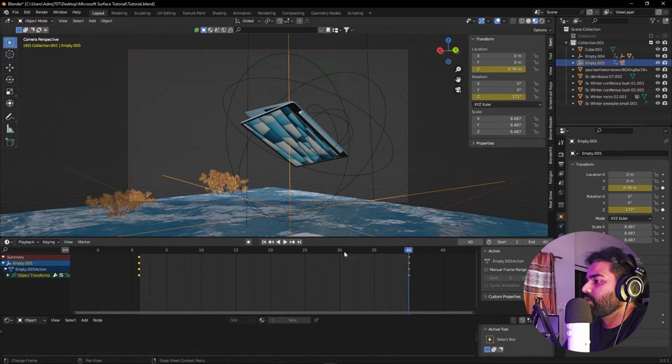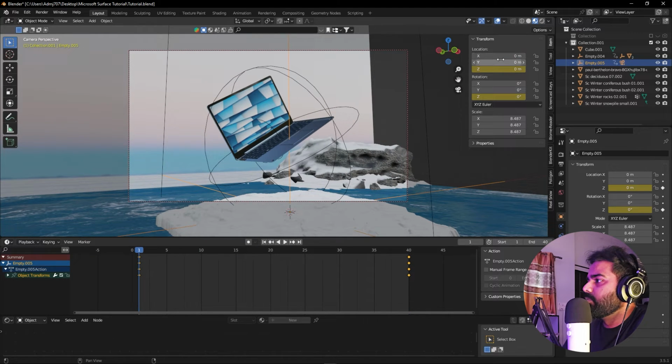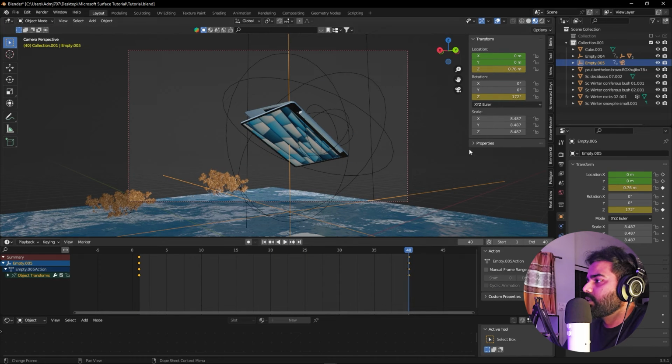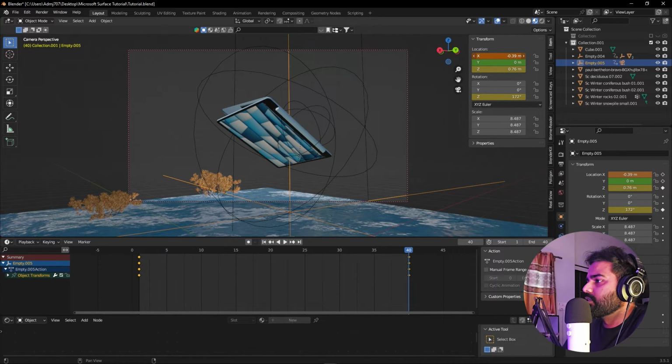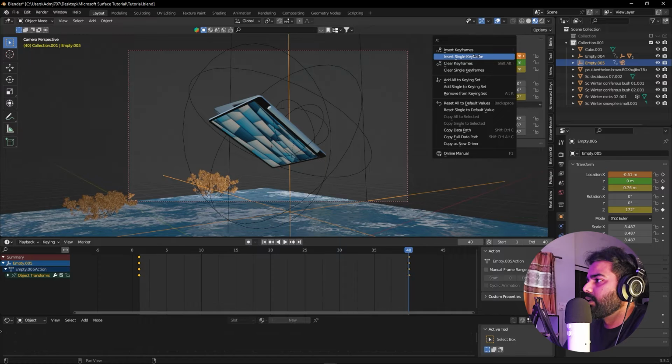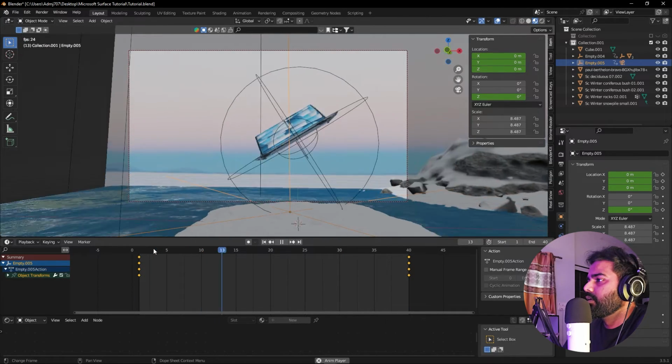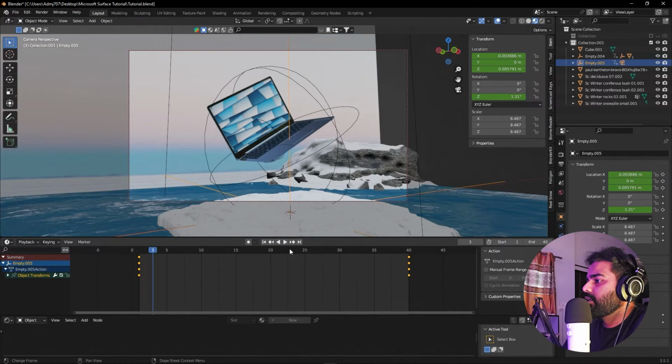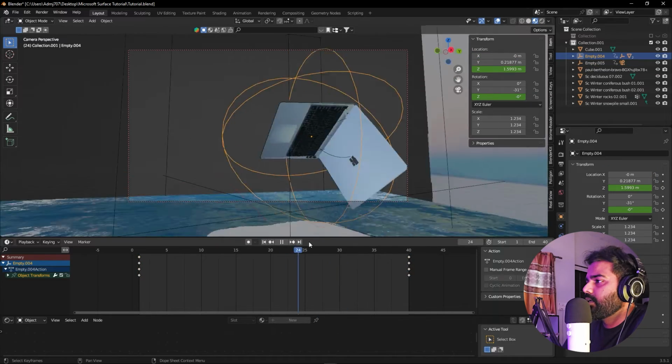Perfect. Now if you want, you can play around with the position as well. So I'm going to insert keyframe basically for all of these, so that at least the final position is in the middle. Right click, insert single keyframe. So I think this looks fine. And there's one more